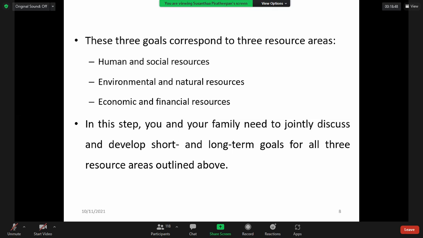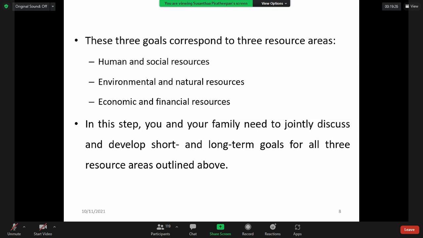The second one is environmental and natural resources. We want to check the water availability, soil type, and other feed availability. You know, one third of the feed is usually supplied as concentrates, so we can buy those from the market, and the other roughages. Usually farmers grow the roughages. So we want to check whether the land is good for crop cultivation or not, and what grazing areas or sources we have.